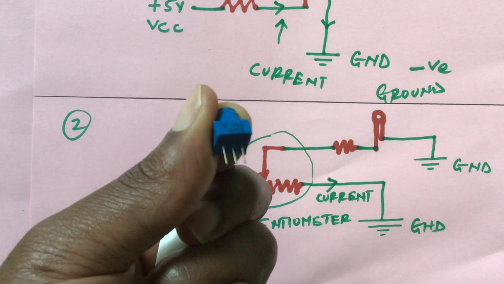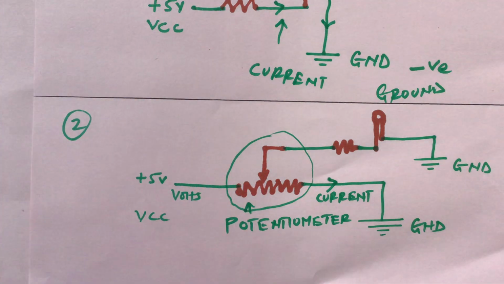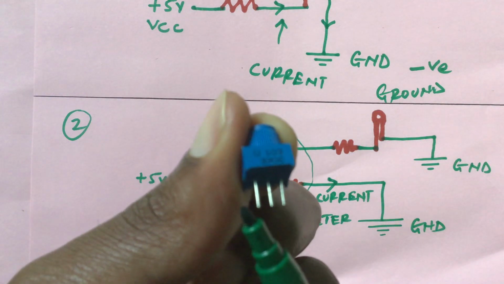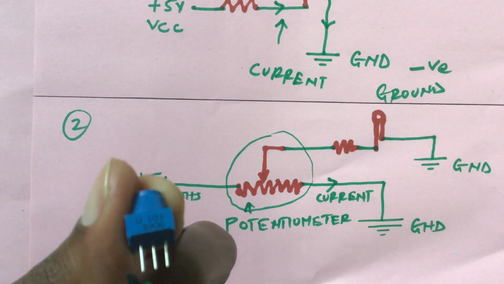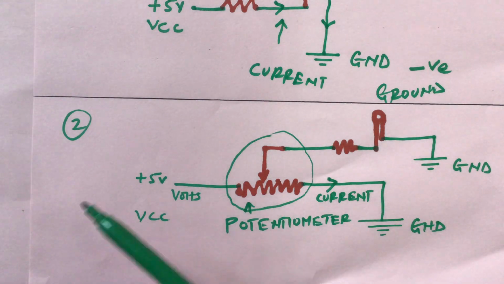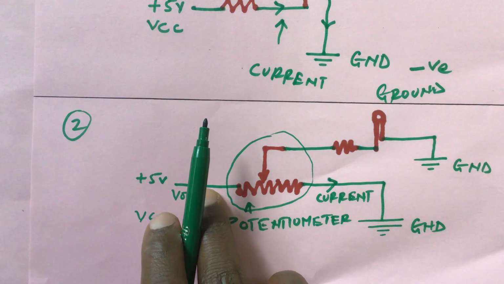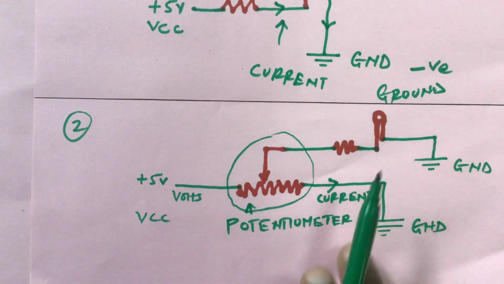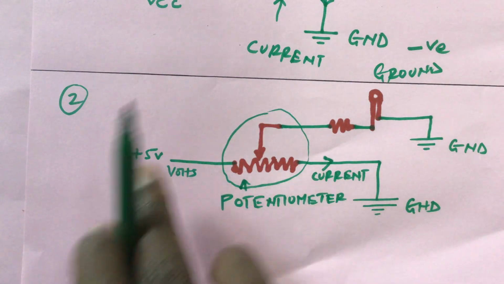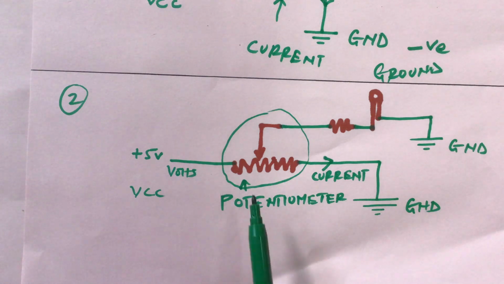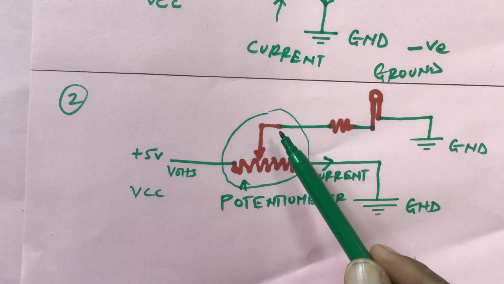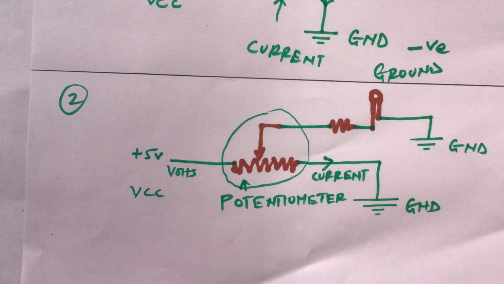So you will note that this variable resistor or the potentiometer has 3 pins. The pins on the far left and the far right, those pins can go either side. They can be interchangeable. This pin can go to the positive side, and it can also go to the negative side. So with the end pins, they are normally the pins going to the positive and the negative, and it can be the other way around. This side can be the positive, so the current will be going this way, and this side can be the negative. So that's how the potentiometer is connected. These are the far end pins, pin 1 and pin 3. So the pin at the middle is now the pin you are controlling the voltage.